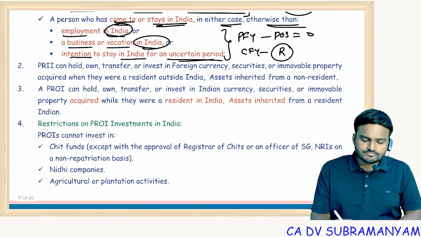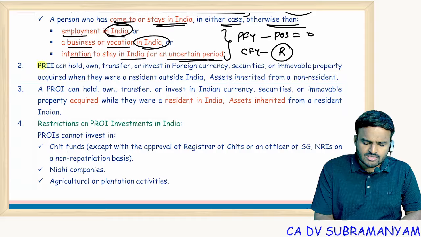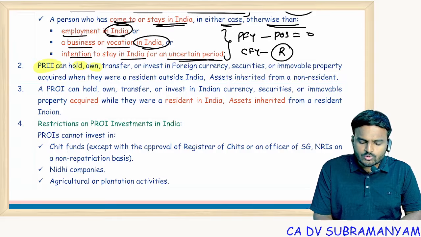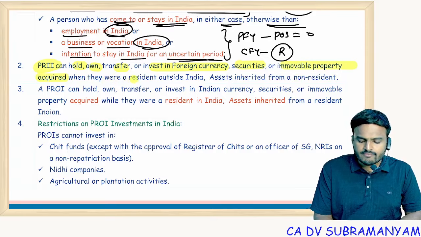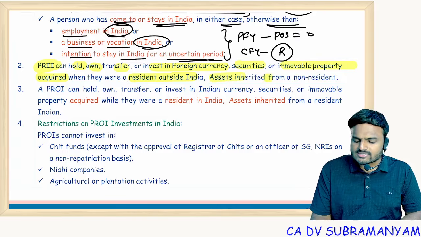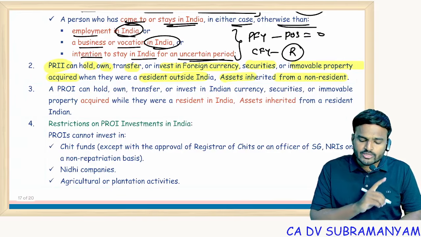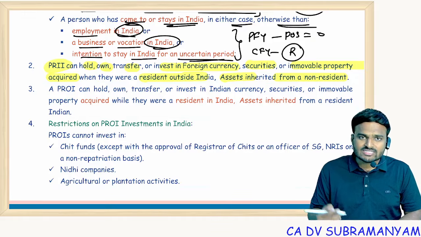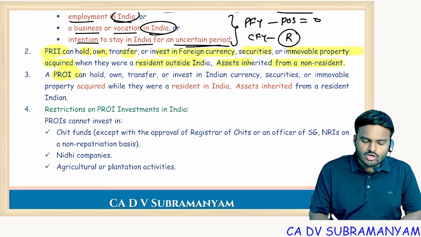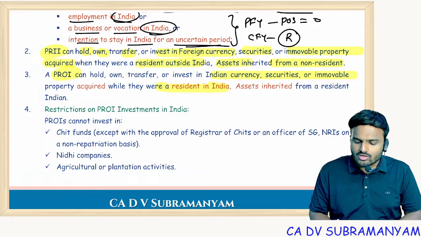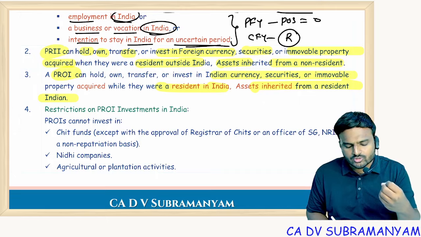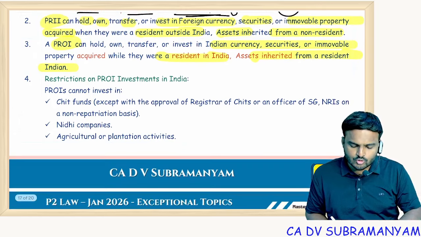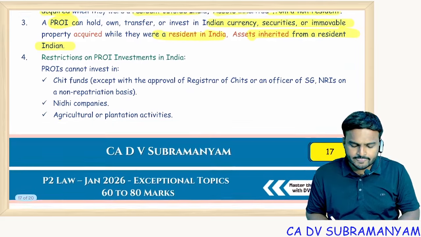Next one, Section 6 exceptions. A resident can hold, own, transfer, invest in foreign currencies, securities, immovable property acquired when they were resident outside India, and assets inherited from a non-resident. No approvals are required for holding these assets. Similarly, a non-resident holding Indian assets acquired when he was a resident in India or inherited from an Indian resident needs no permissions, and can continue to hold those securities and assets, no problem. Next one,